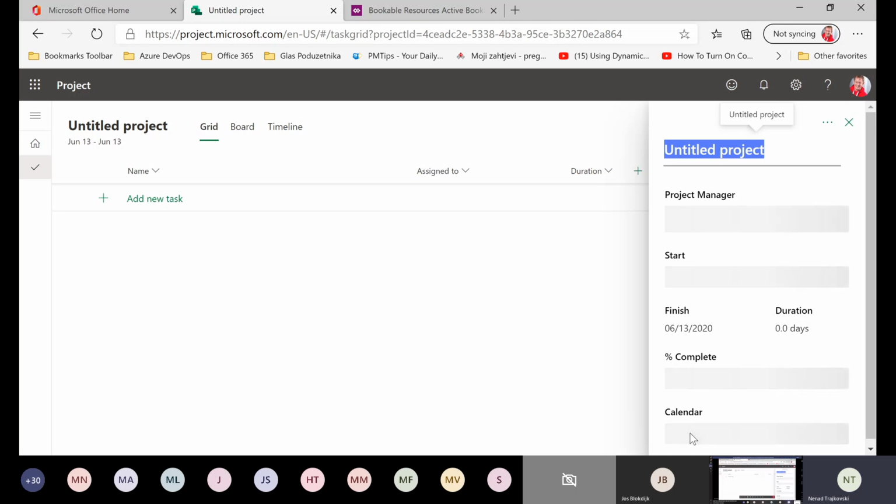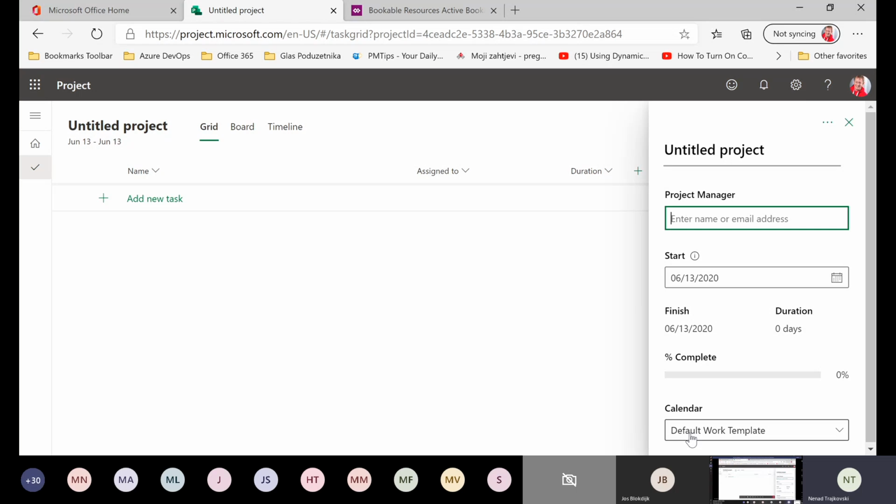This calendar can be chosen only if you have already defined one on your own. Otherwise, you will have a default work template, which is default, of course, as the word says, and you will not see this type of screen on the